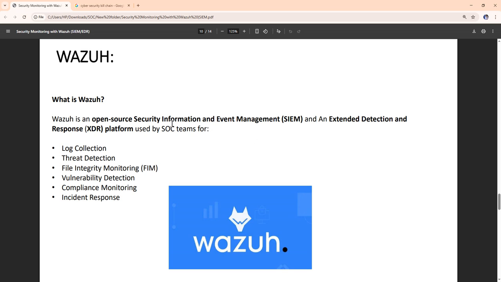So Wazuh is an open source security information and event management tool, and it is also an XDR. This was added recently. And XDR means extended detection and response platform. So Wazuh is both a SIEM tool and also an XDR, extended detection and response platform. And it's used by SOC teams